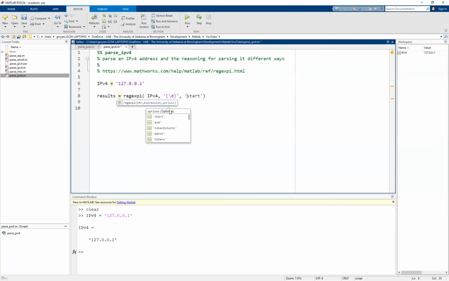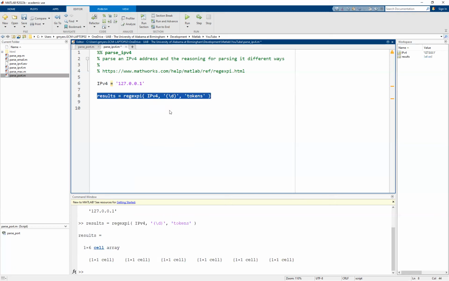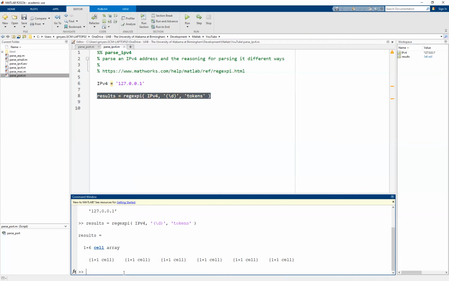And then the last thing that we want to do is capture the tokens, or the results of the pattern matching capture. Let's see what we get here. If you run this line, you'll see that I get a 1 by 6 cell array, and we'll start by taking a look